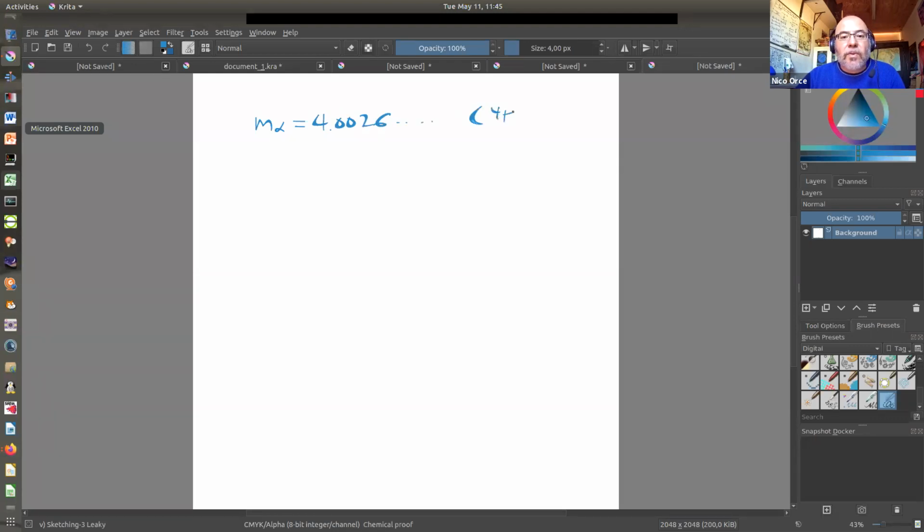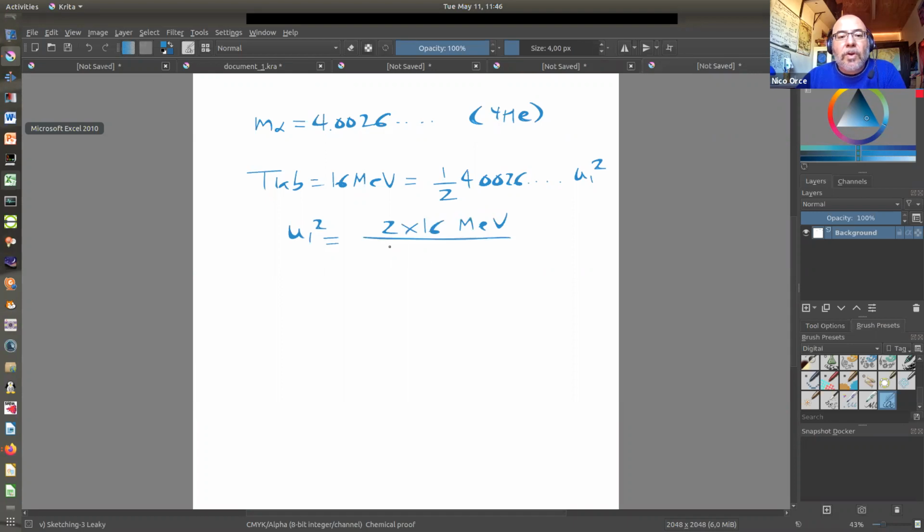Remember, this is almost 4 because this is helium 4. And when you have the kinetic energy in the lab frame, which we say 16 MeV, this is equal to 1/2 of 4.002426 whatever, u1 square. So now let's see if the units are okay. So it's 2 times 16, which is 32 MeV, divided by 4.0026